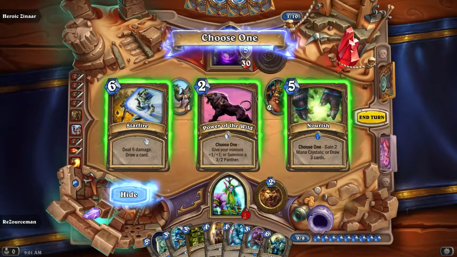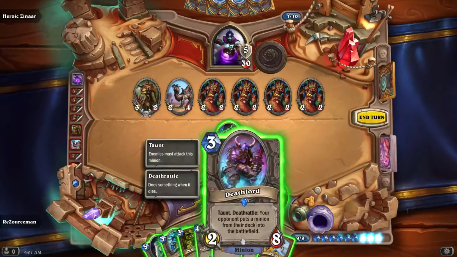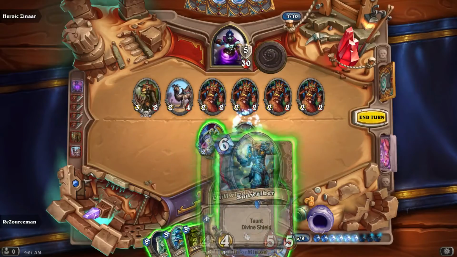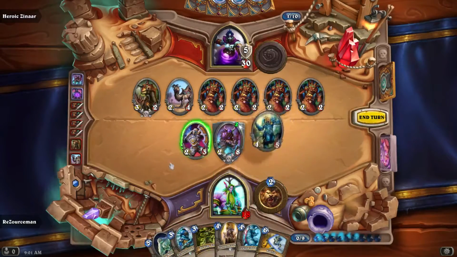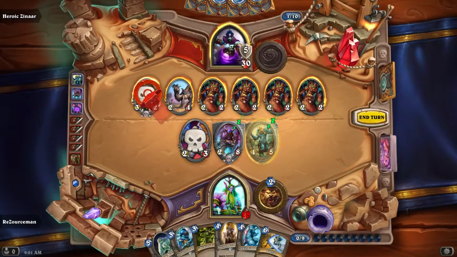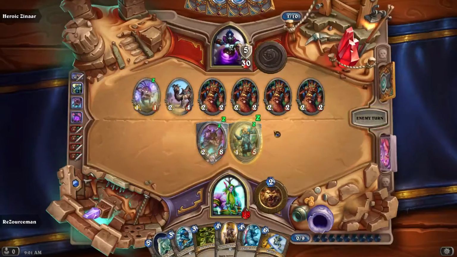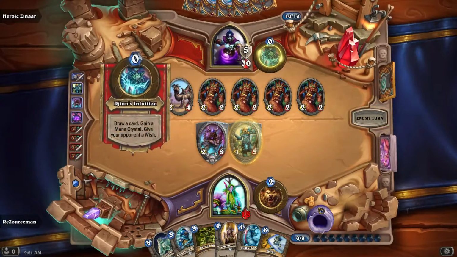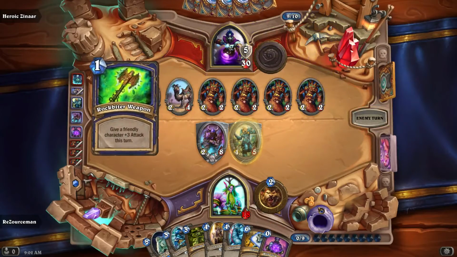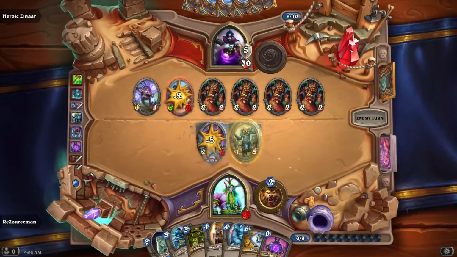None of those particularly useful right now. I'm going to go for the Starfire just in case he has like a big minion still left. Need to get as much taunt down as possible. And just wipe that because it has the highest attack. That's the reason I did that. Okay. He's really running out of cards now. And he is...